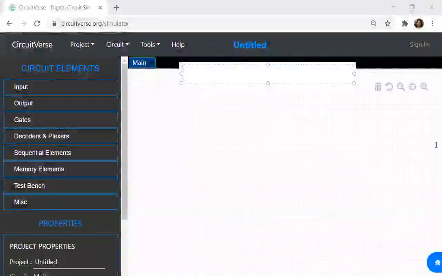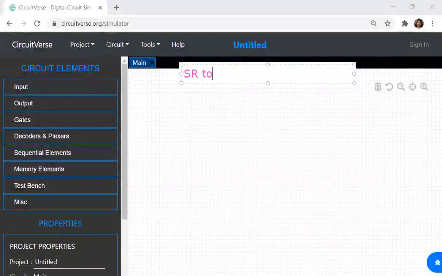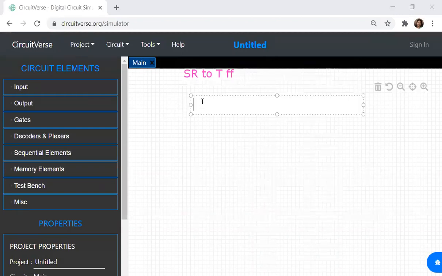The next conversion is SR flip-flop to T flip-flop. Now if you see the inputs, the output will act as input. So what do we have now? T. Along with T, we have to include Qn. So two input variables we'll be having, that's why we'll be having 4 combinations. First it is T, then it is Q, where Q represents the present state.